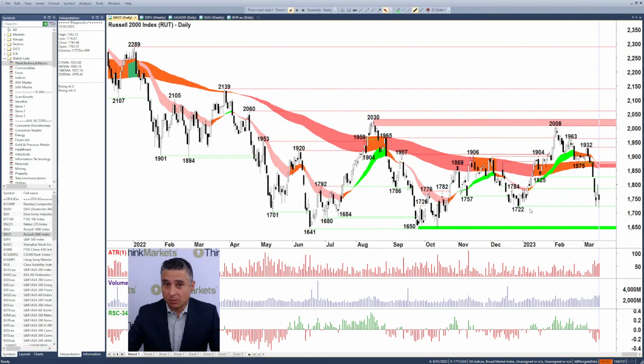I wouldn't say they're small by Australian standards. Many of them, within the top 100 of those 2000s, would probably make it well into our ordinaries index, but small by US standards. So it really is where the rubber meets the road in terms of the US economy, and you really must pay very close attention to what the Russell 2000 is doing if you want to know if there's going to be a deep and protracted recession down the track, or there is going to be a soft landing. Right now, that is not pointing to the latter. It's more of the former.